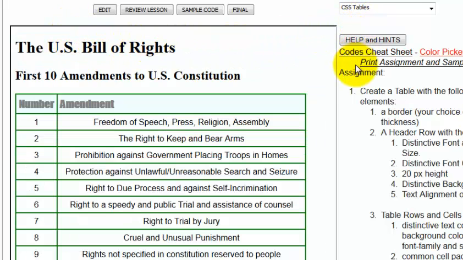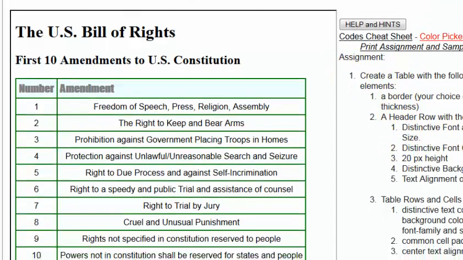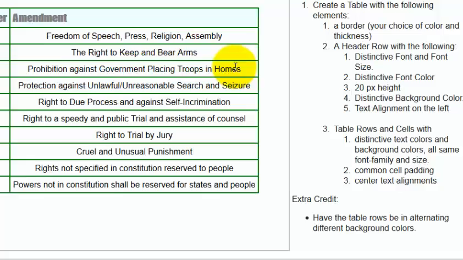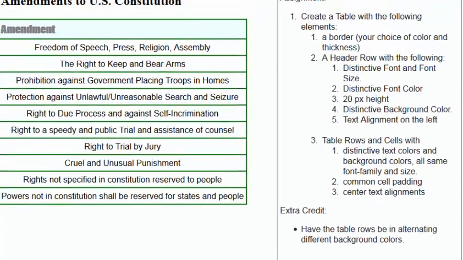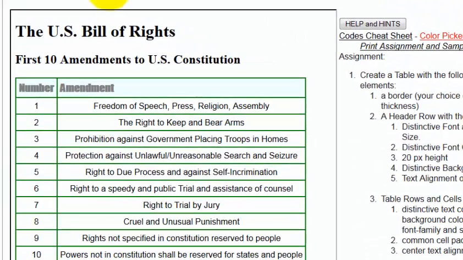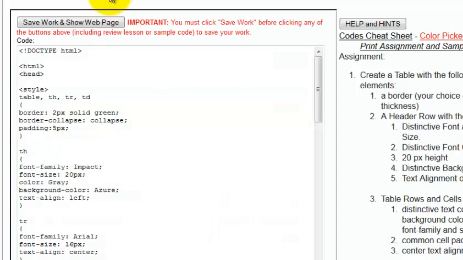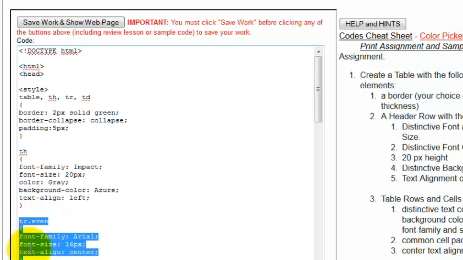All right, so that is the actual assignment, to do a table with the following elements. But I think I have an extra credit assignment here. What you can do is have the table be alternating colors. So let's do that. Let's say that we want to have a table row even. So this is a class even, will look like this, and then we'll have a table row odd